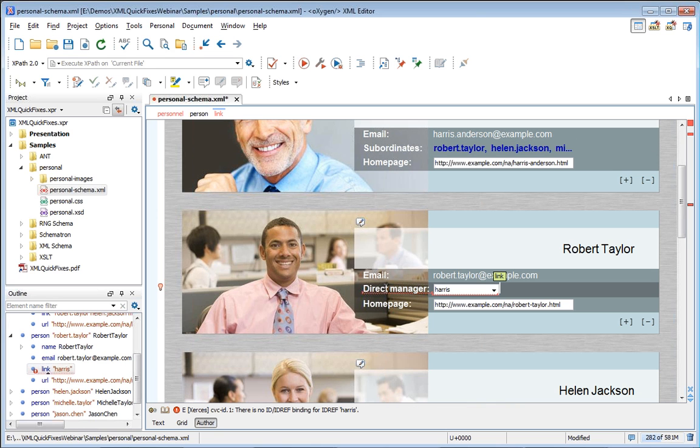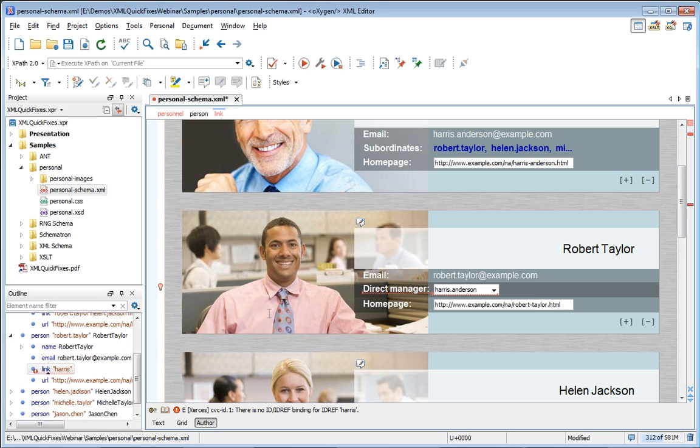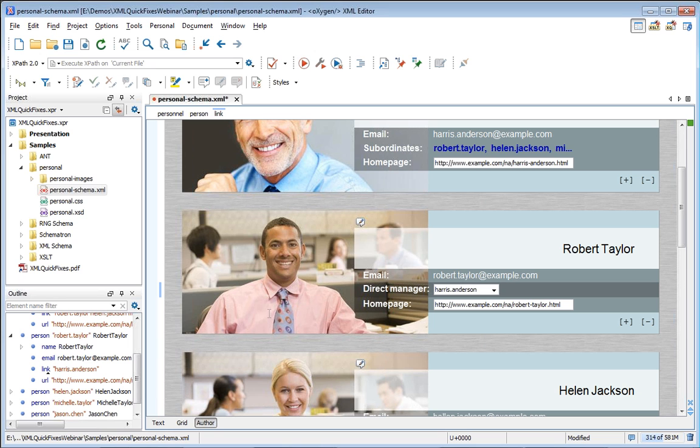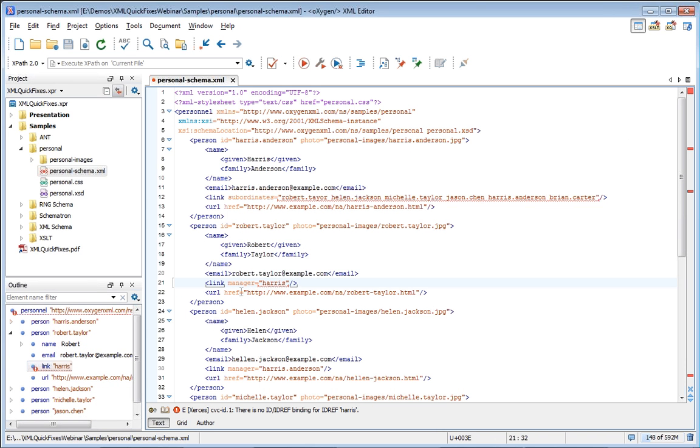Then here I have another error. This time it's a manager ID which I didn't type correctly, so oXygen proposed me to correct it with the one that is valid, and the error is gone. Now I can undo my modification, and the errors appear again,